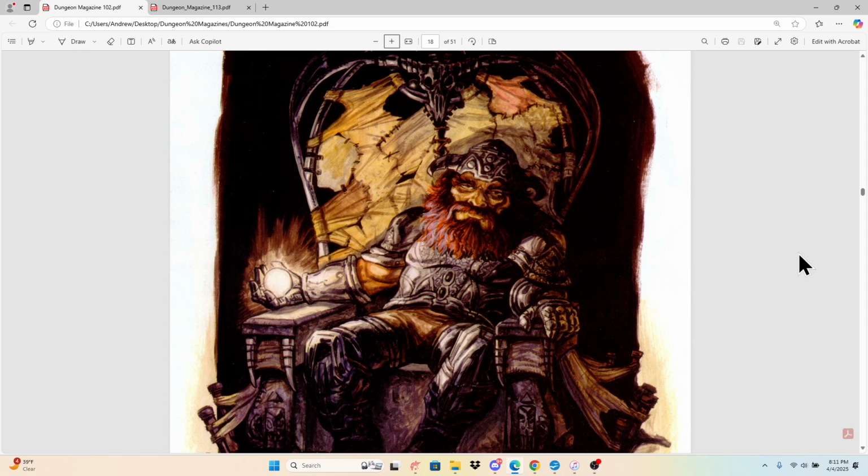Zenith Trajectory, the fourth part of the Shackled City adventure path, which was released in Dungeon Magazine 102. This adventure was written for character levels 6 through 8. It is a 33-page adventure. You can see Zenith here, a dwarf who the players will attempt to rescue in this adventure, on his seat